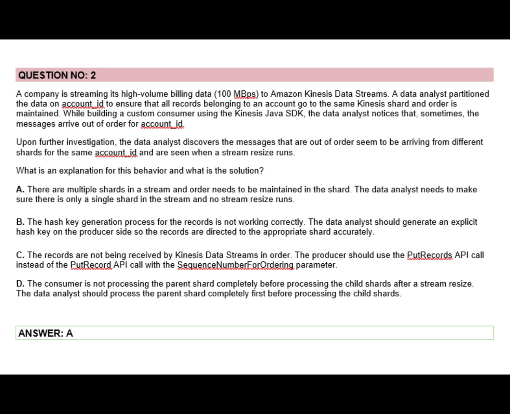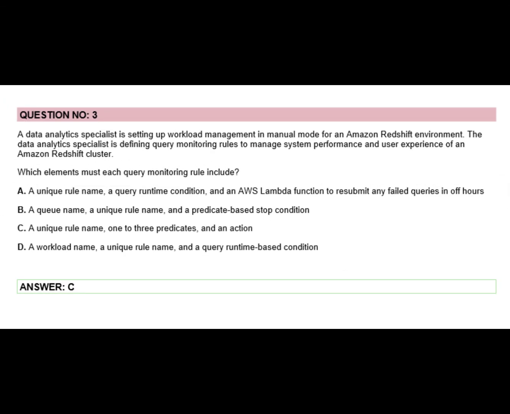C. The records are not being received by Kinesis Data Streams in order. The producer should use the PutRecords API call instead of the PutRecord API call with the SequenceNumberForOrdering parameter. D. The consumer is not processing the parent shard completely before processing the child shards after a stream resize. The data analyst should process the parent shard completely first before processing the child shards. Answer: